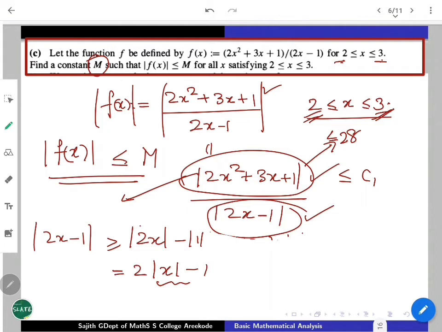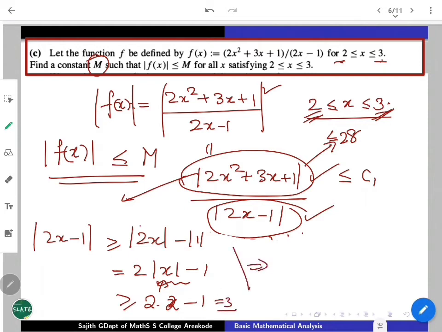So mod x is greater than or equal to 2. For this, what I am going to do now is, x can start from 2. So if I am putting 2 here on the right hand side for x, there is still a minimal level it goes to. So once again I can diminish it to 2 into 2 minus 1, because x can start its values from 2 only. So that optimal value, if I am giving 2 here, the difference further goes down, right? So what I am going to get is mod 2x minus 1 is greater than or equal to 2 into 2 minus 1, which means 3.